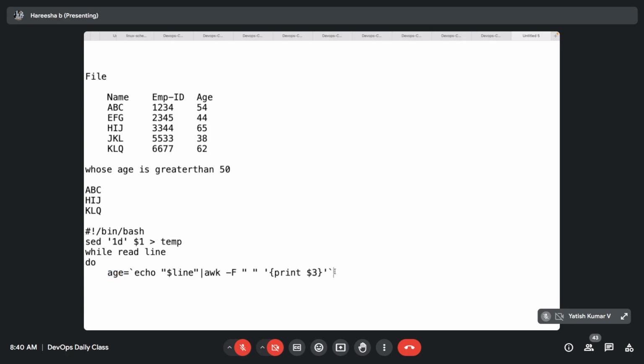What's next? Next we have to apply an if condition. If age is greater than $2, which is 50. I will make it a variable because next time if you want to compare with 60 years, that's why I make it a variable. Whatever changes I want, I can pass from the shell script arguments. Then